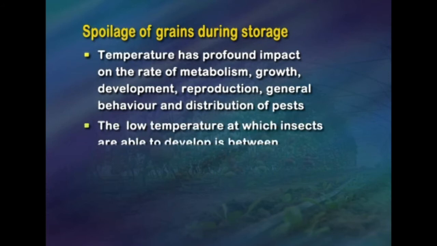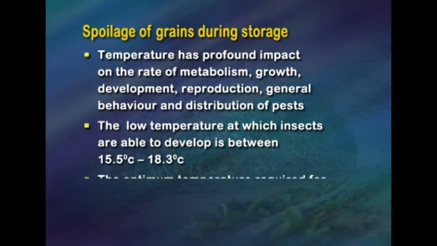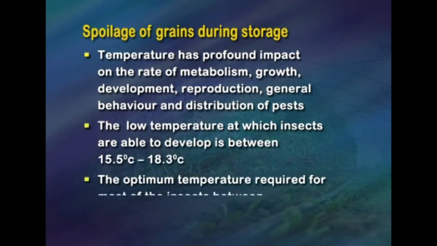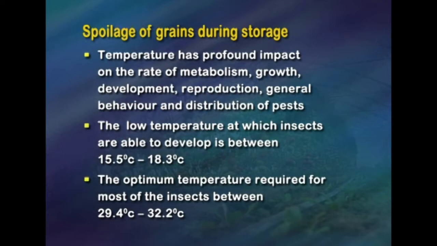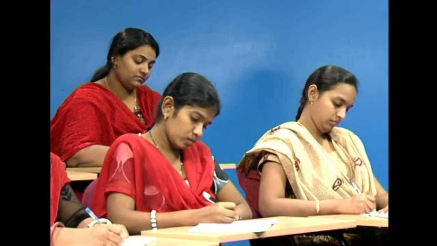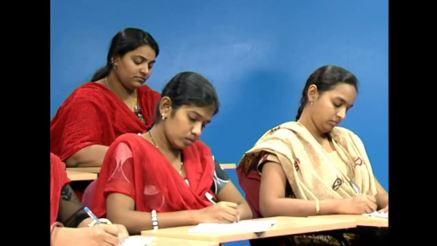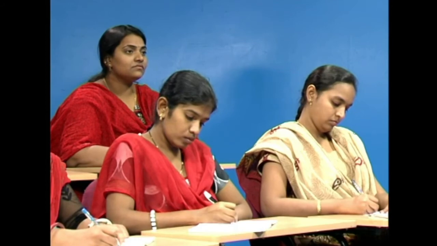Temperature has profound impact on the rate of metabolism, growth, development, reproduction and general behavior and distribution of pests. The low temperature at which insects are able to develop is between 15.5 to 18.3 degrees Celsius. The optimum temperature required for most insects is between 29.4 degrees Celsius to 32.2 degrees Celsius. The fatal high temperature for insects ranges from 50 to 56 degrees Celsius,